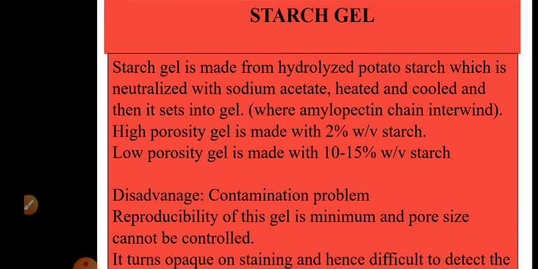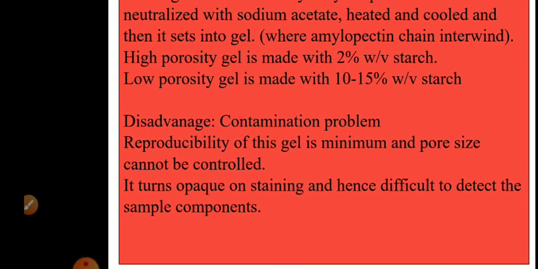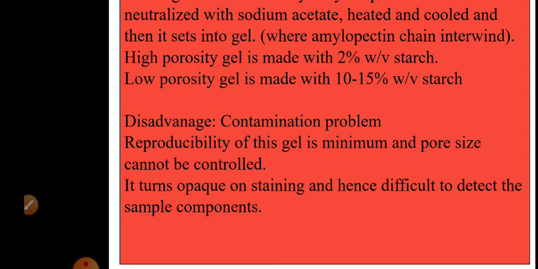Gelling takes place because of interwinding of amylopectin molecules that are present in starch. Now this gel, you can prepare a high porosity gel when you take 2% weight by volume starch, or low porosity gels by taking 10 to 15%. You increase the concentration of starch, and the pore size will go on decreasing. So you can prepare high or low porosity gel by adjusting the concentration of the starch. And as I told you, it gives a resolution as good as that we obtain on a polyacrylamide